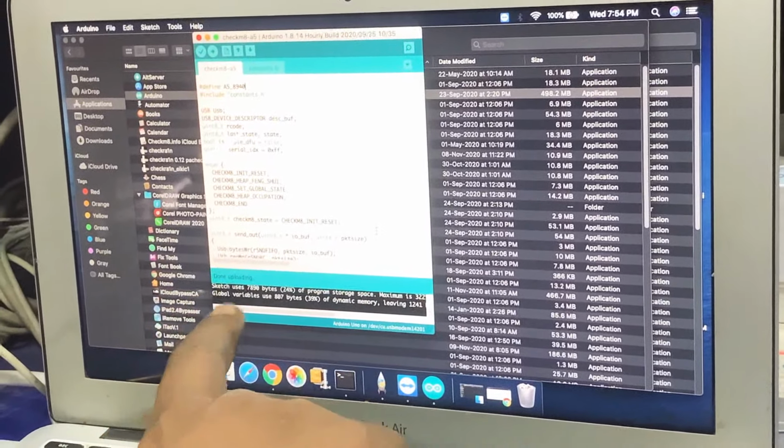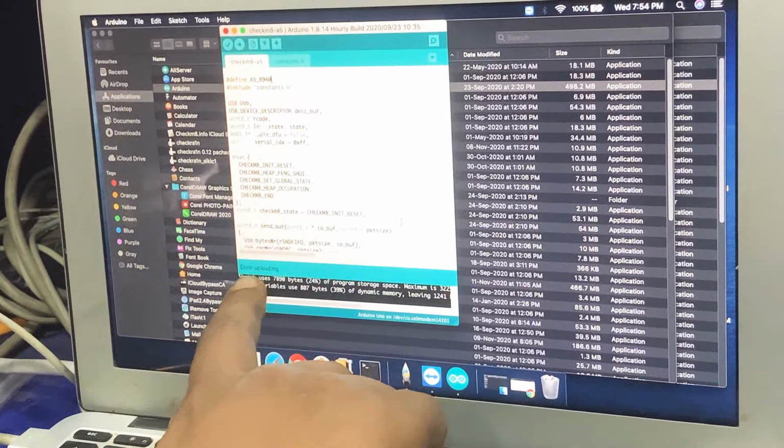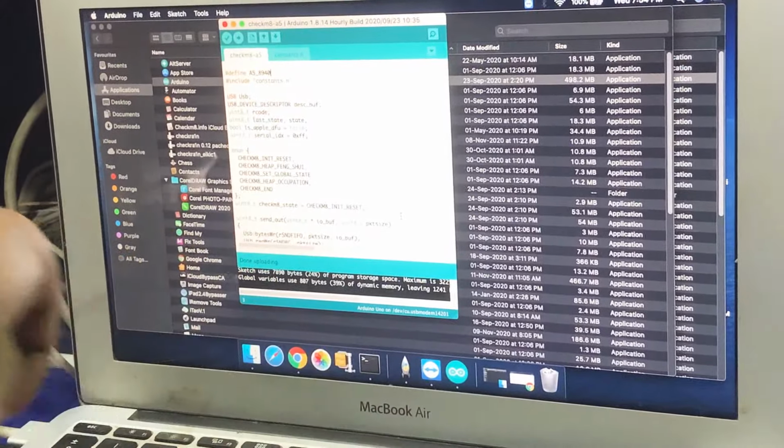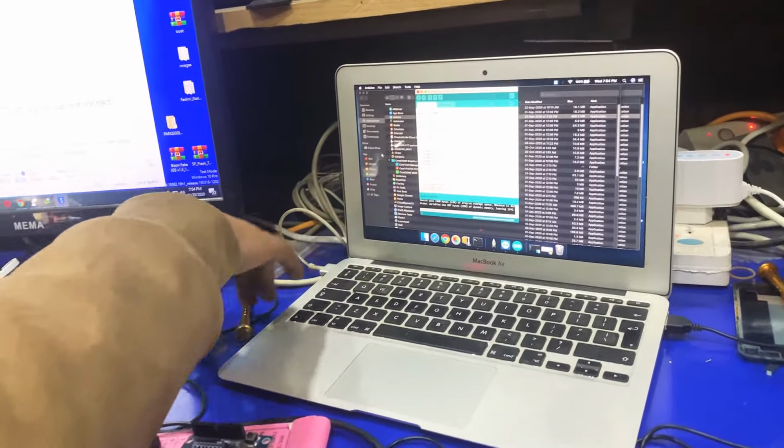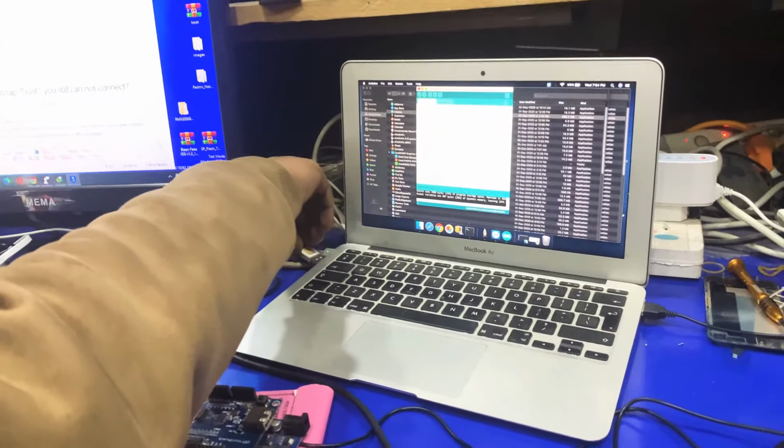Okay, as you can see, the upload is done. Now you can remove the Arduino from your Mac and connect the iPhone 4S to the Mac.